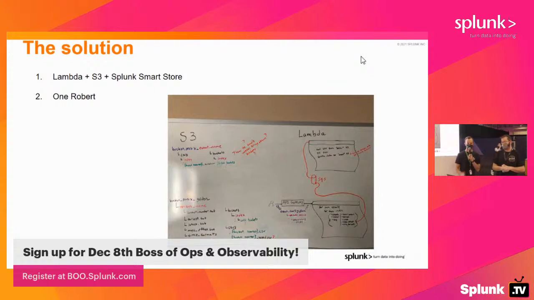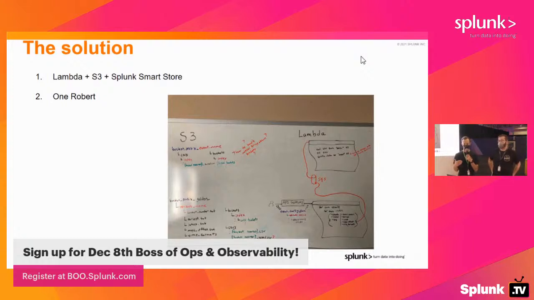So one day over the pandemic, I went to my whiteboard at home and I sketched out how can we take this from being on one server to being a serverless solution. A couple of things we can talk about here. I'm happy to talk about this with you guys further in detail. Is we moved all of our data sets from the local Splunk servers into S3. Once they were in S3, we broke down the find and replace problem that we had into really small chunks, and we put those chunks in the Lambda functions.